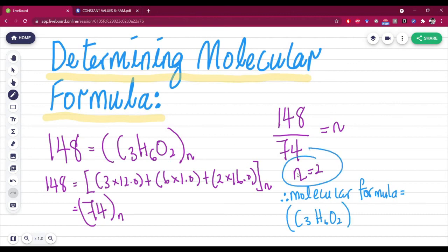Remember, n equals to 2, and over there, times 2, you get C6H12O4. 2 times 3 is 6, 2 times 6 is 12, 2 times 2 is 4. So this is the molecular formula. Get 1 mark, and